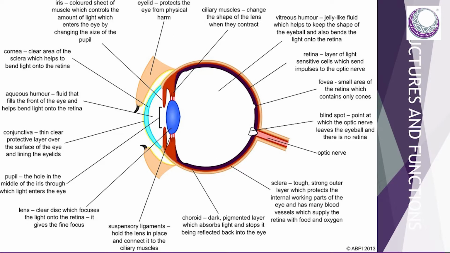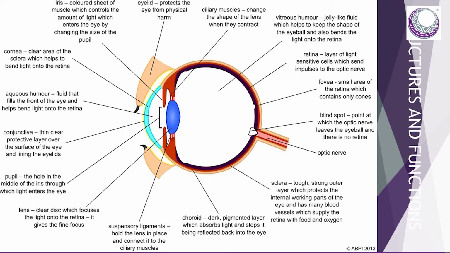Remember, an eye is a living organ, so it needs oxygen and glucose for it to respire and release energy, which is needed for nerve impulse transmission, for its growth and development. Right, and then we have what we call the sclera. The sclera is a tough, strong outer layer which protects